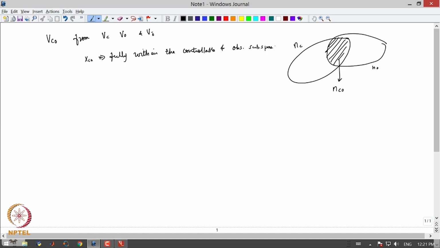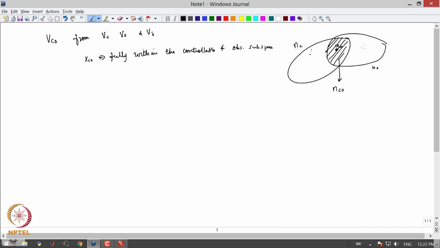Let us say I just put this as a point and call this xc naught. Now, this xc naught is both in the controllable subspace and also in the observable subspace, and therefore,